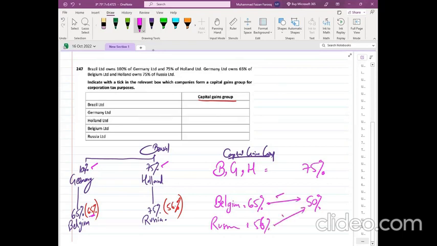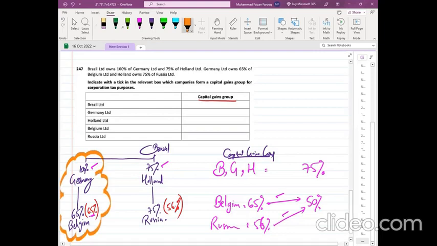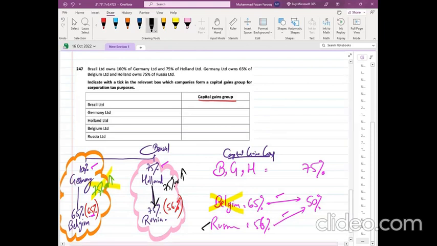दोनों इफेक्टिव होल्डिंग की कंडीशन को तो सेटिस्फाई कर रही हैं, लेकिन सिर्फ इफेक्टिव नहीं देखता, फिर रिश्तेदारी यानी किसके वास्ते से मिली थी। तो बेल्जियम में वास्ता था जर्मनी, तो क्या जर्मनी और बेल्जियम का रिश्ता 75% या इससे ज्यादा का है? नजर आ रहा है? क्या बेल्जियम और रशिया का रिश्ता 75 और मोर है? नहीं है, तो बेल्जियम को बोला हमने चल निकल। फिर हमने चेक किया हॉलैंड का रिश्ता किसके साथ? रशिया से, क्योंकि हॉलैंड के थ्रू हमें रशिया मिला था। तो 75% का रिश्तेदारी नजर आ रहा है, 75 या ज्यादा। तो हॉलैंड ने रशिया में 75% होल्ड किया है। तो बेल्जियम को छोड़ के सारी कंपनीज कैपिटल गेन्स ग्रुप बना लेंगी, यानी अपना कैपिटल लॉस जो होगा वो आपस में शेयर कर लेंगी।